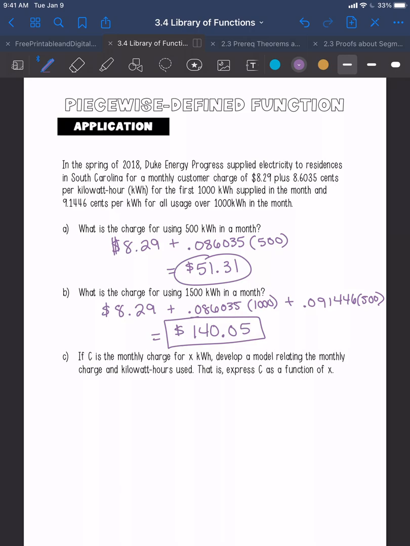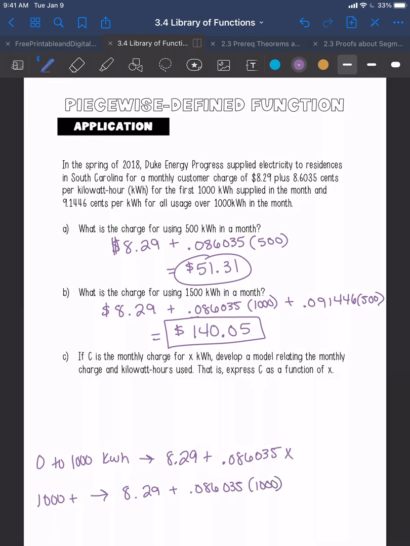So we just said from 0 to 1,000 kilowatt hours, we pay the $8.29 plus the 0.086035 per kilowatt hour, which is represented by X. For more than 1,000 kilowatts, we just said you pay the $8.29 plus you pay the 0.086035 times 1,000 because we know for a fact we've used 1,000 already,